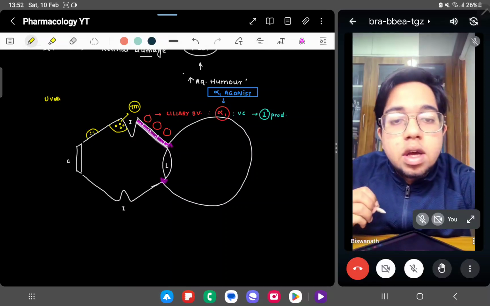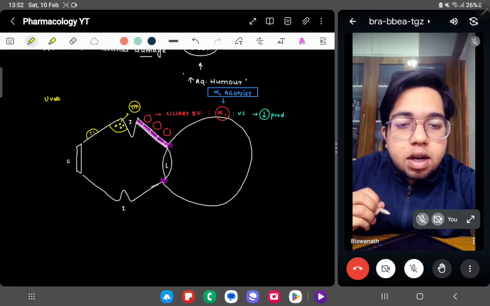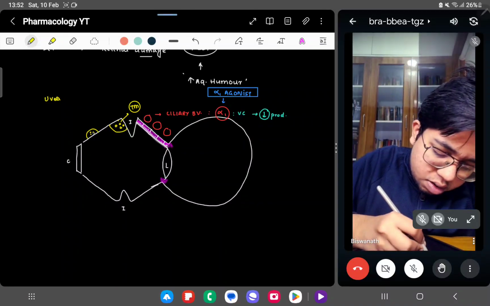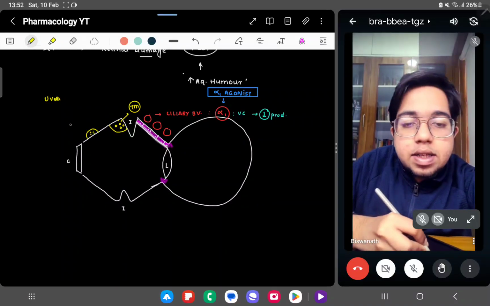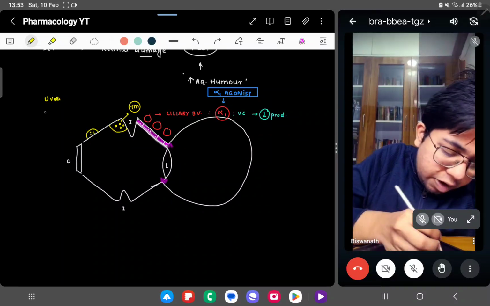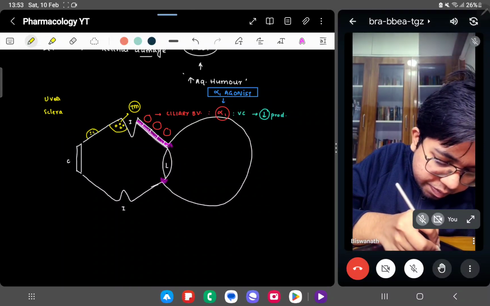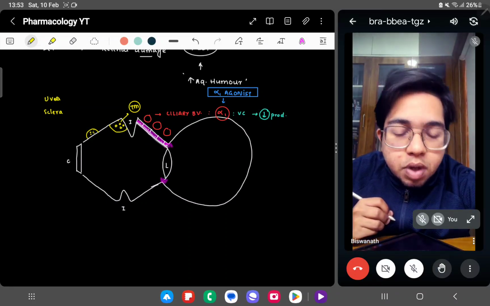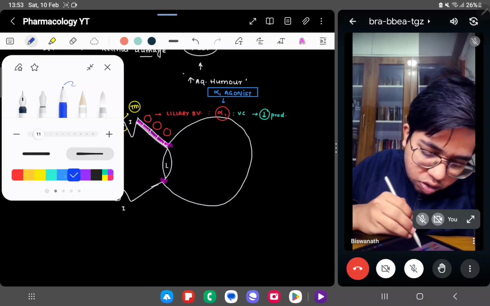Okay, I said sacral. Pardon me, uveoscleral. Not sacral. This is the sclera. This must be the white of the eye, right? This is the sclera. So uvea and sclera. So you must have known about the uveoscleral outflow. So 90% goes via the